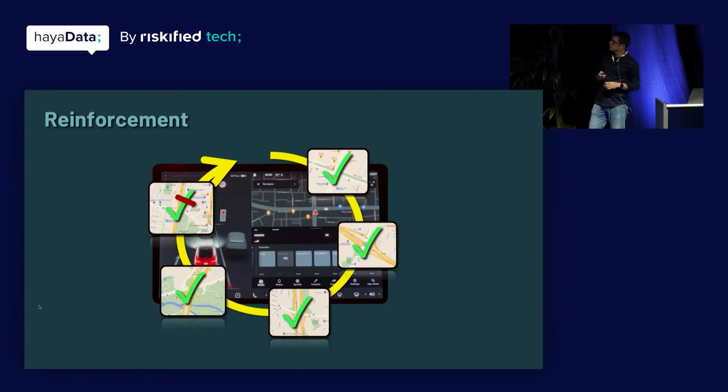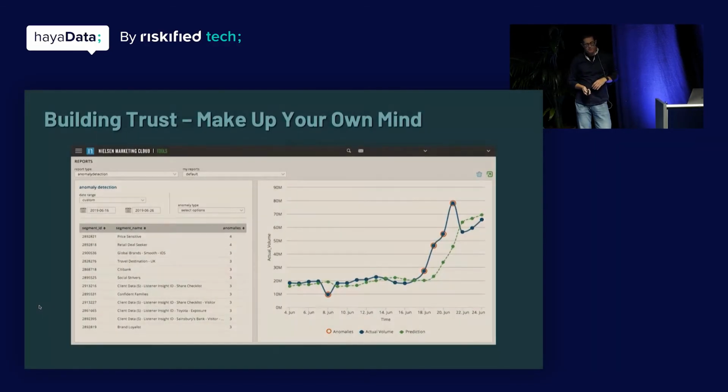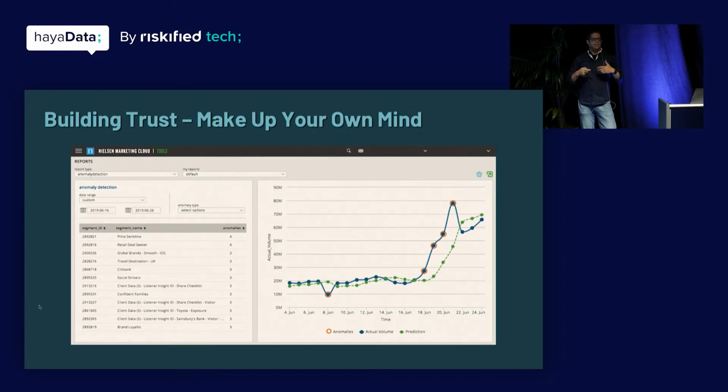Notice that it didn't do it well in the last intersection, and that's okay. It's okay if it has some false positives or some errors, as long as they don't happen a lot. In our system, we did something similar. We realized if we give our users anomalies and we don't explain what they are, just with the sheer amount of data, they'll feel they don't have visibility into it, and maybe they won't trust the system.